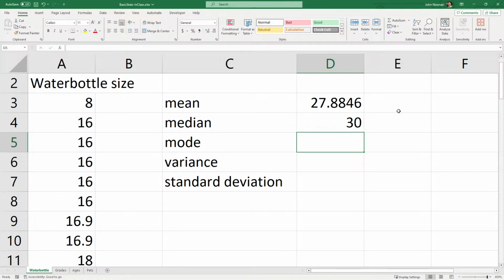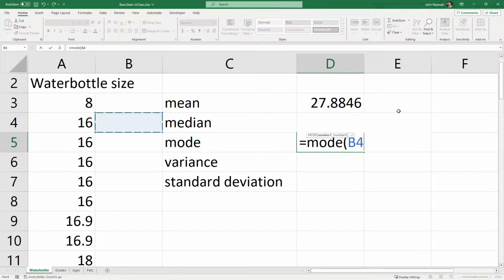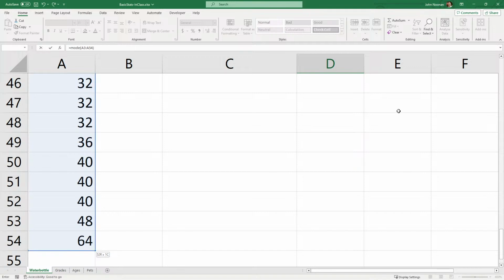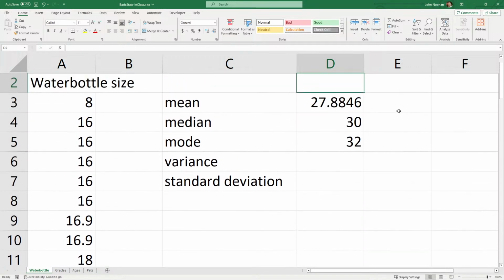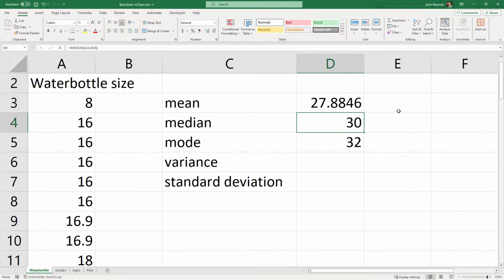Let me just go ahead and fill in the rest of these. Well, actually, no, we have to pause when we get to variance. The mode is also the same thing, so arrow, arrow, arrow, arrow, arrow, Control Shift, down arrow, close parenthesis, enter. So there's my mode. So those three numbers, not surprising, easy to compute. Just wanted to make sure that we know how to do it. So we'll get to the harder ones in just a minute.